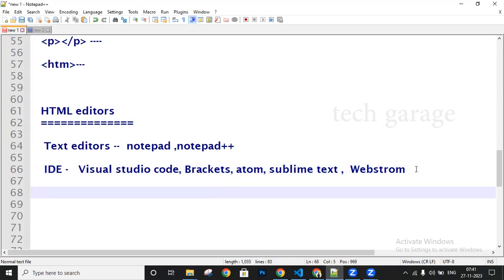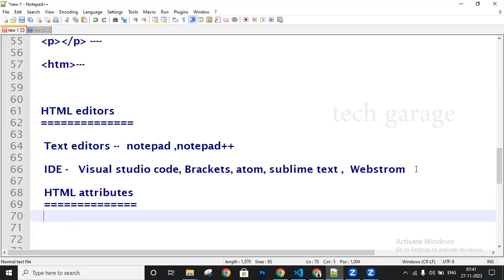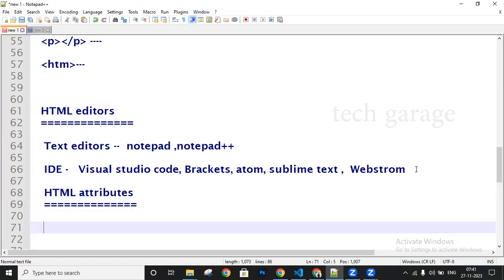Now coming to your HTML attributes. Okay, so an HTML attribute is nothing but it gives special features to the tag. Okay, why do we write an attribute? It will give a special feature, it adds something new and different. Okay, see, if you take a paragraph,